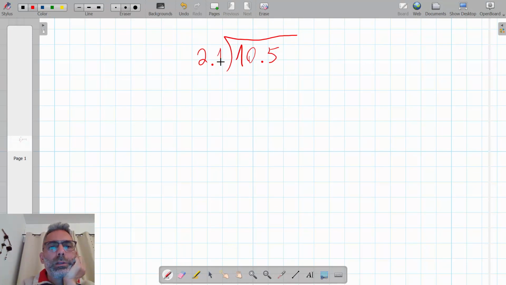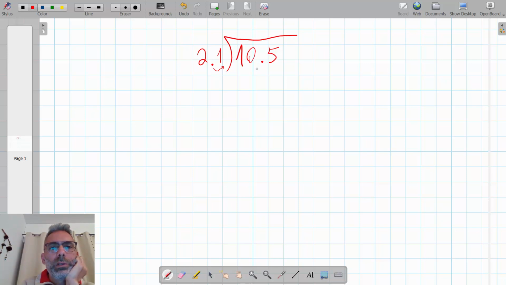I'm going to write it as I will shift the divisor's decimal point one place to the right, so the divisor will be a whole number. Okay, so what we'll do, if we shift the decimal point one place to the right here, we get 21